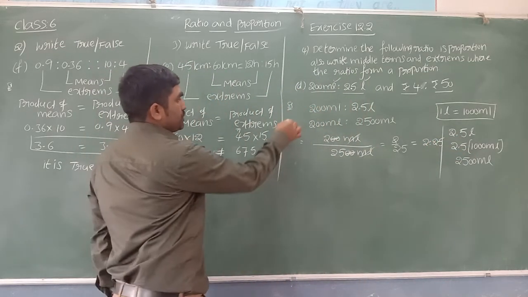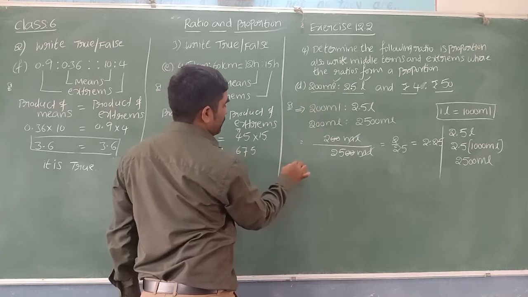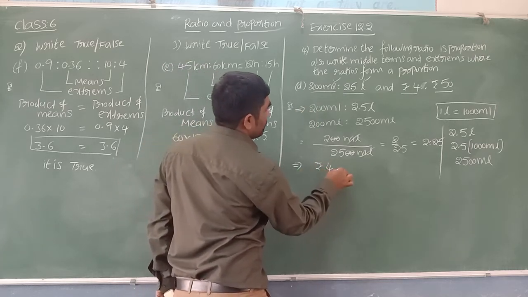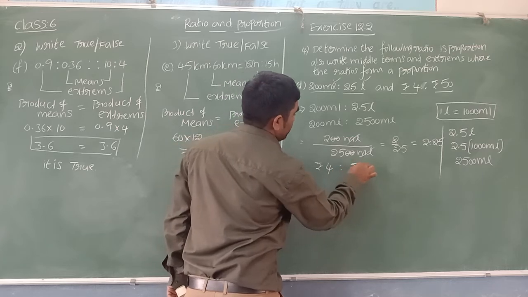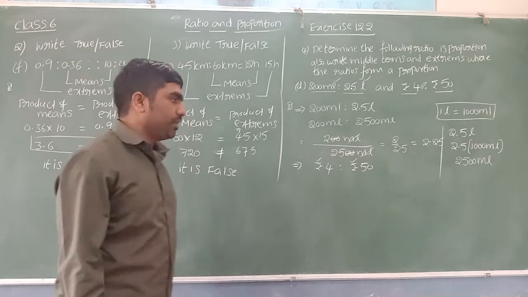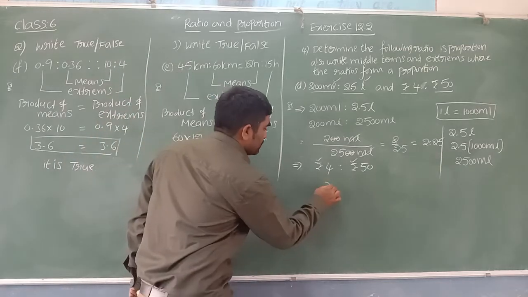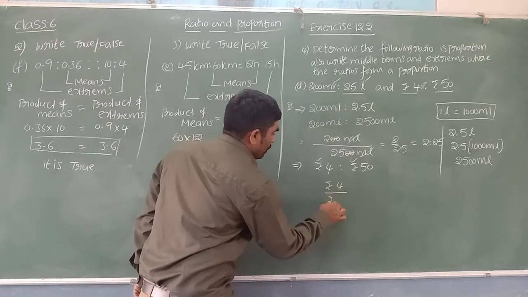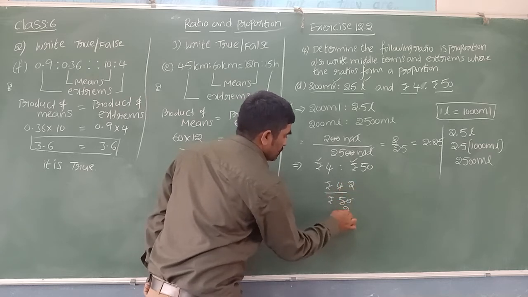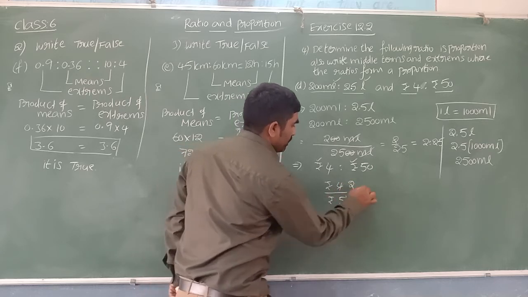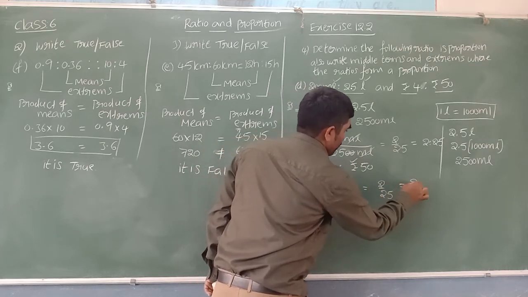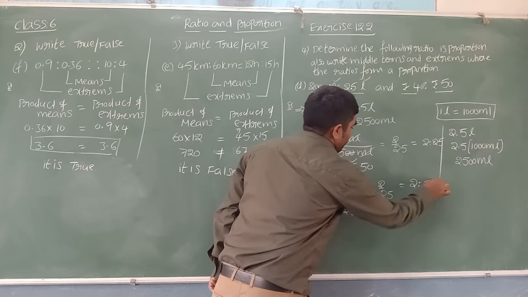Then you can find the ratio of the third and fourth quantities. Rupees 4 is to rupees 50. Rupees and rupees, both quantities have the same units. Let us compare them by the division method. Rupees 4 by rupees 50. 2 2s are 4, 2 25s are 50. So it is equal to 2 by 25. What I got, beta, is 2 is to 25.